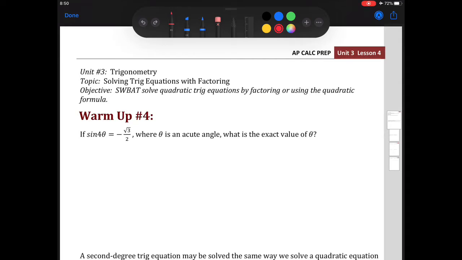So the warm-up says, if sine 4 theta is negative root 3 over 2, the minute I see sine, I know sine is what? This is a negative value, so it's going to be in quadrant 3 or 4 because it's positive in the first two quadrants, right? Where theta is an acute angle, what is the exact value of theta? So remember, your theta is an acute angle, which means it's less than 90, and we want to solve for